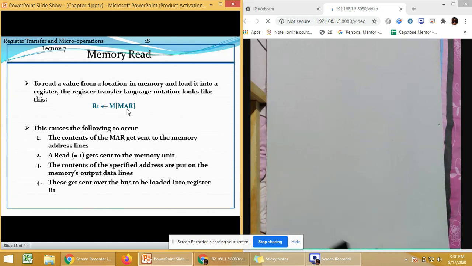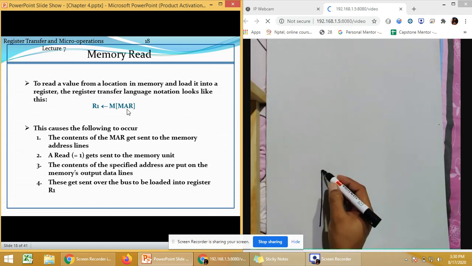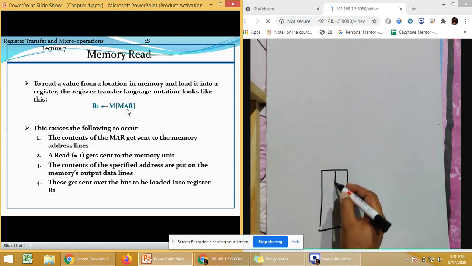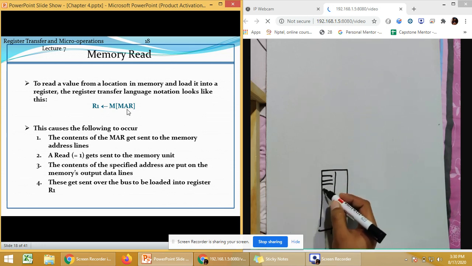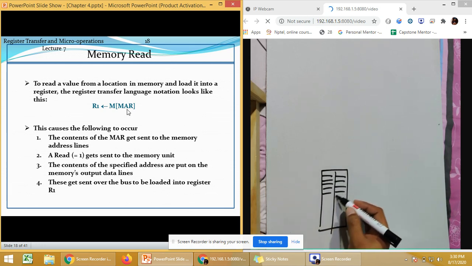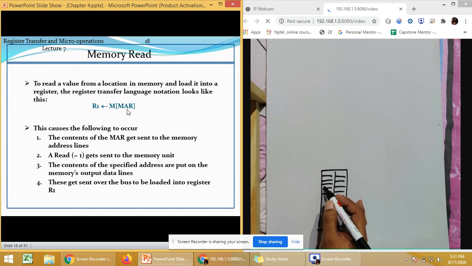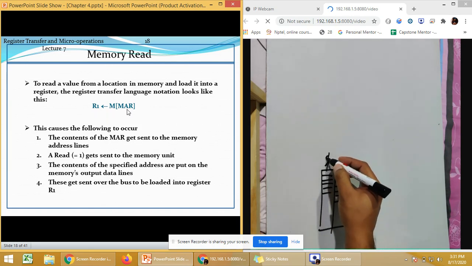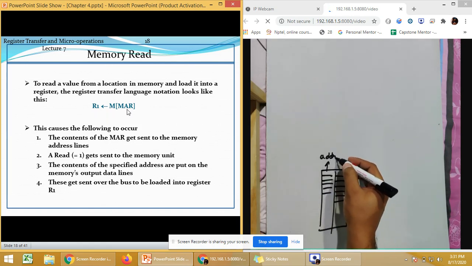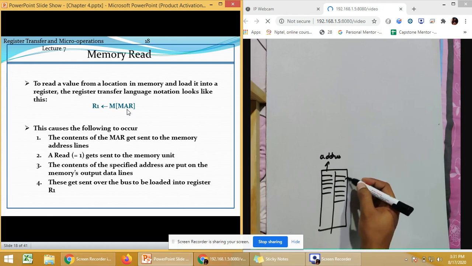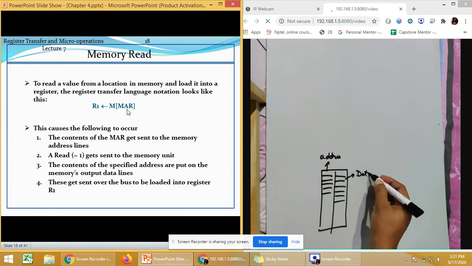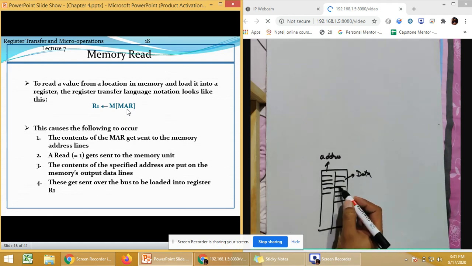So how is your memory going to store the data? It is something like this. There is a table where we have the addresses on one side and the data on the other side. If this is the address, from this side we will get the data. So for a particular address, we will have particular data present as well.